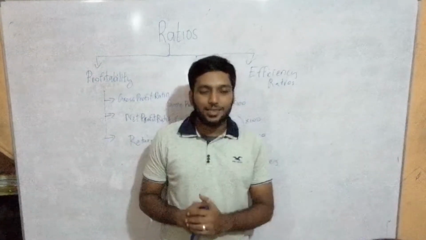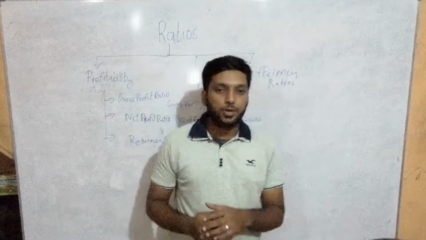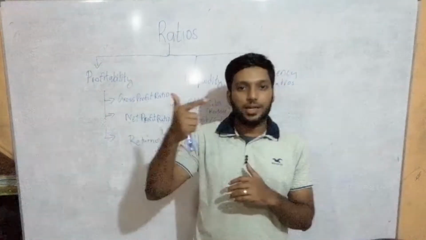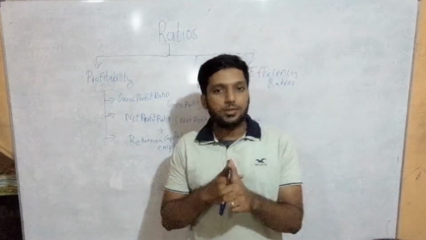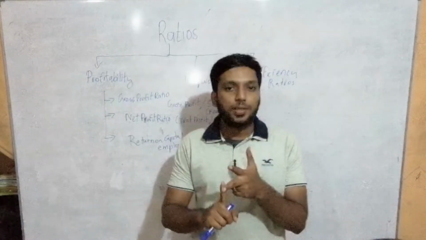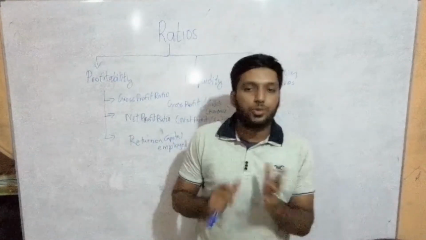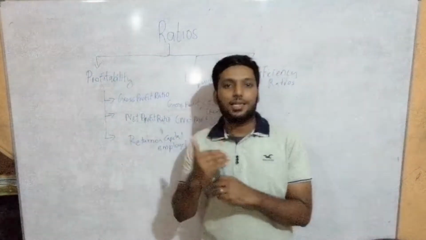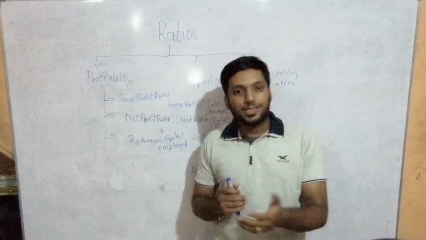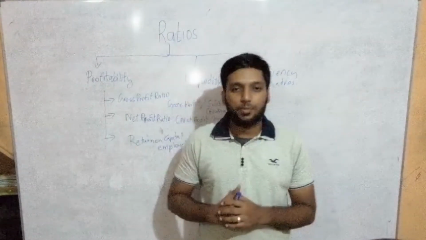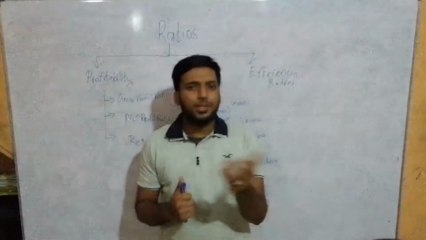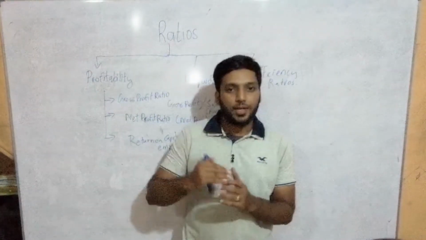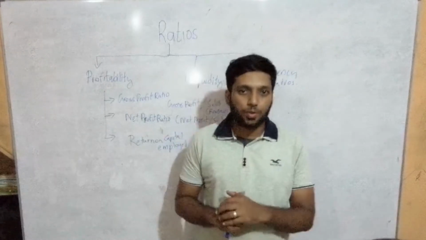Or if your net profit has increased, you can speak about a lot of terms, because I said for gross profit the affecting parts were cost of sales and sales. For net profit it can be sales, it can be cost of sales, it can be expenses, it can be other income. So these four factors you can speak about when it comes to net profit. When you are speaking about why net profit has increased, you can say that the selling price would have increased. Why net profit has decreased, maybe the expenses have increased, so the net profit decreased. So understanding where it might affect in these two ratios is very important when you score on profitability areas.